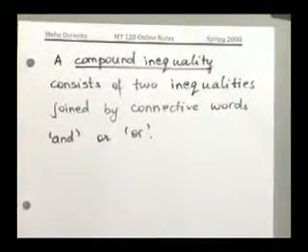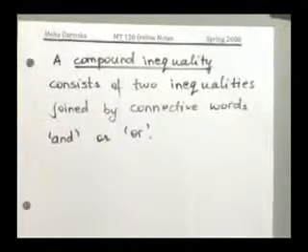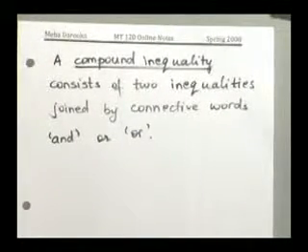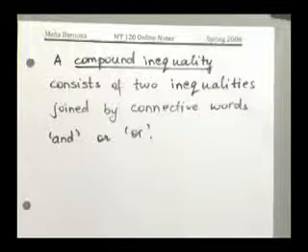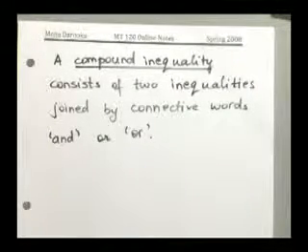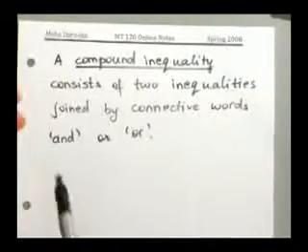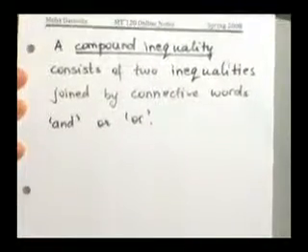Basically, we're saying a compound inequality consists of two inequalities joined by connective words "and" or "or". Now remember, an inequality is basically where you take an algebraic expression and instead of using the equal to symbol, you will use the greater than, less than, or the greater than or equal to, less than or equal to symbol. So if you take two of those inequalities and join them by using the words "and" or "or", that becomes a